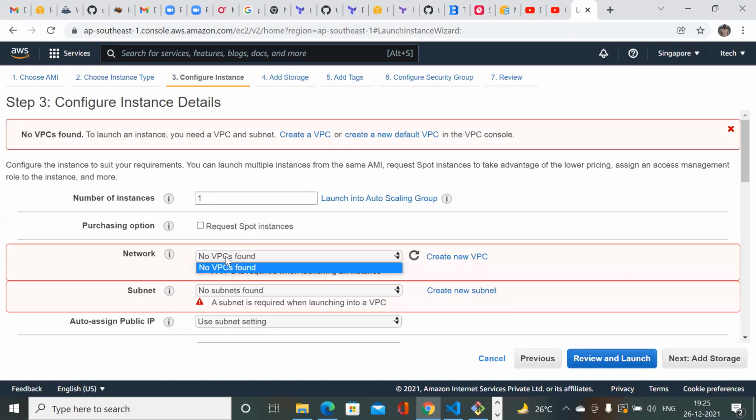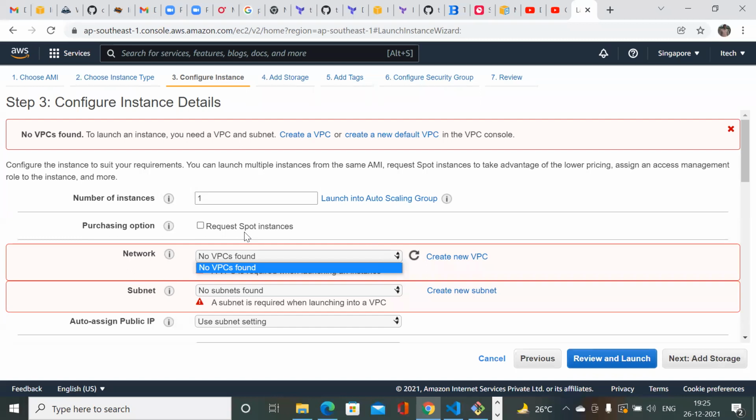During creation of the instance, in the network section we see no VPC found. Either we create a new VPC to deploy the instance, or we navigate to the VPC dashboard and create a new VPC there. So now I think you guys got the confirmation that without creating a VPC, we cannot deploy the EC2 instance, right?